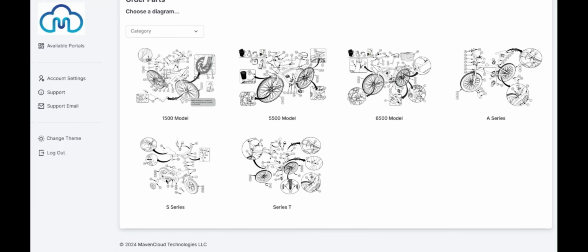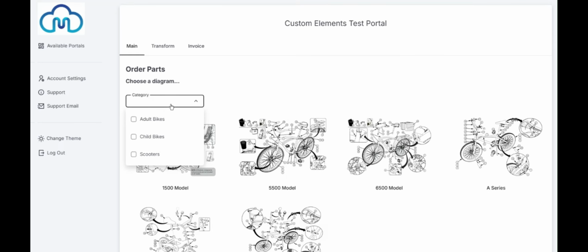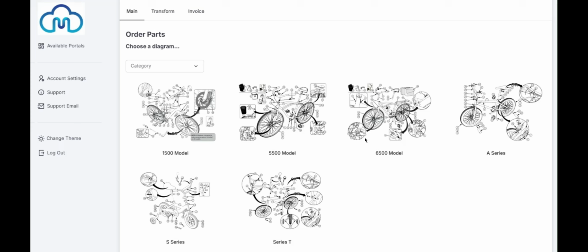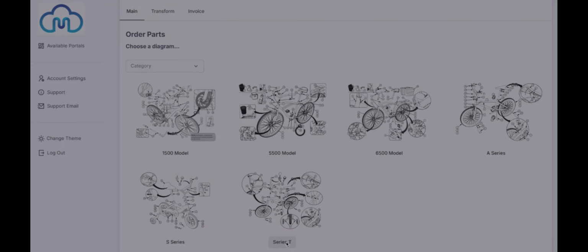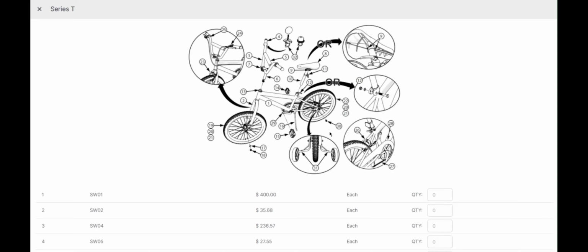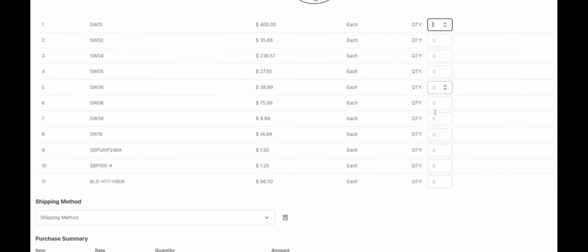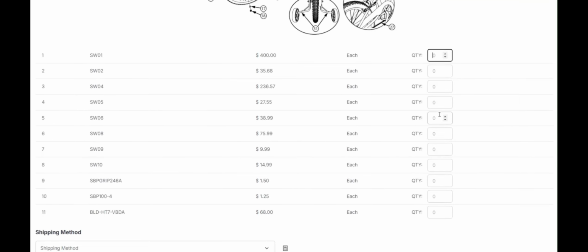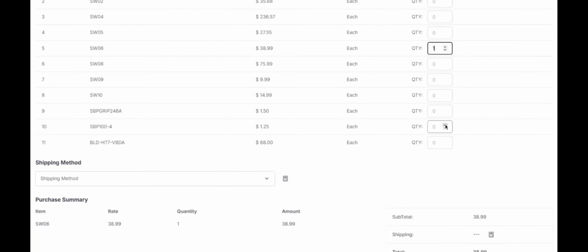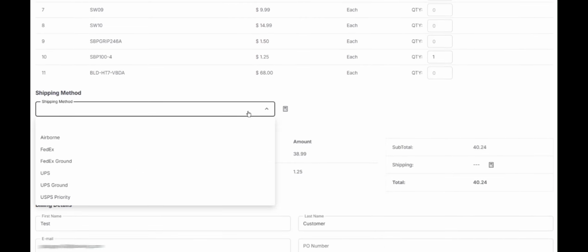Hey NetSuite customers, this is Josh at Data Ongoing and this is Versital, our portal creator that links directly to the NetSuite ERP. In this video, we are showcasing our replacement parts portal. With Versital, your customers will be able to filter by product type and then quickly select the product they need parts for. Schematics diagrams will allow your customers to add parts to their carts with confidence that their selections are